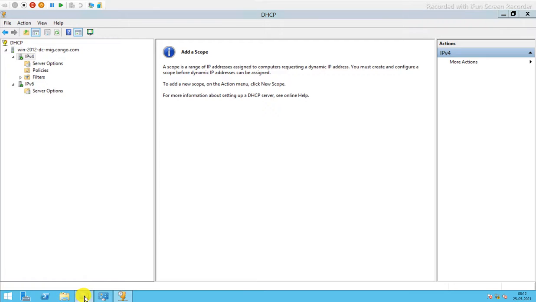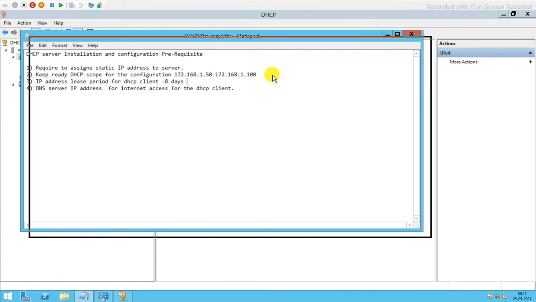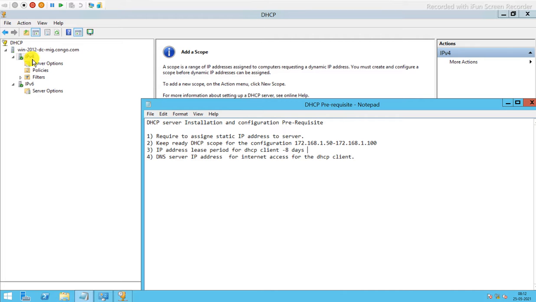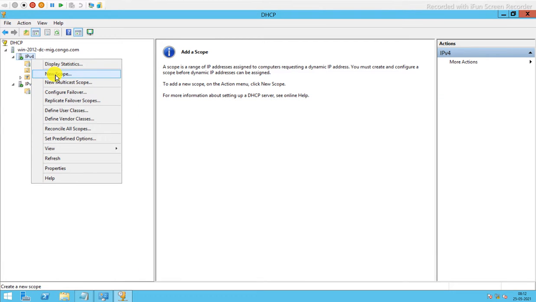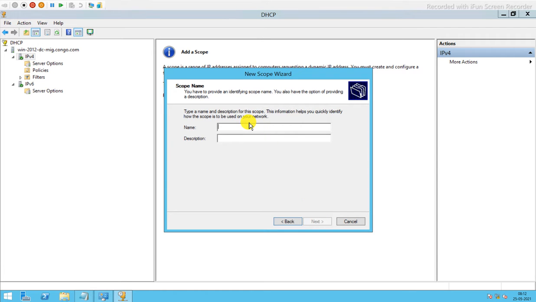We are already ready with the scope and network ID, so here we will create it. First scope: New Scope. Click on next. Give a name for the scope, like local network. We are not adding a description.